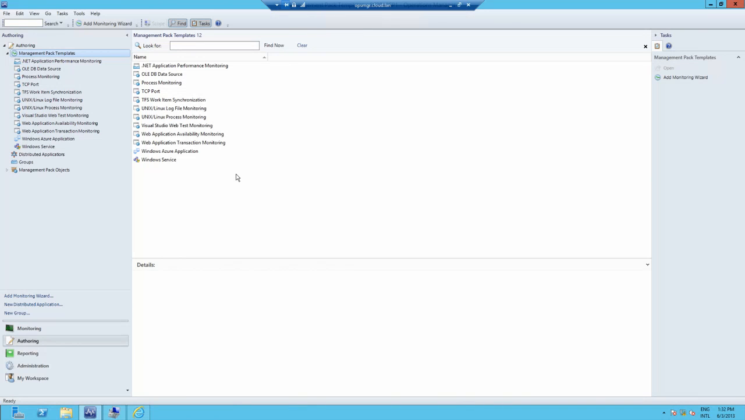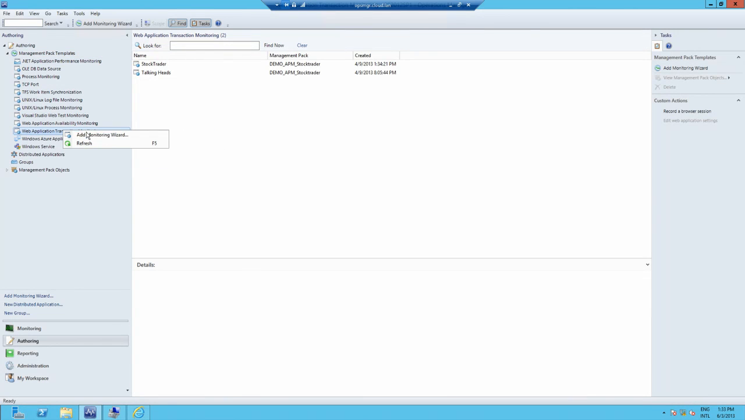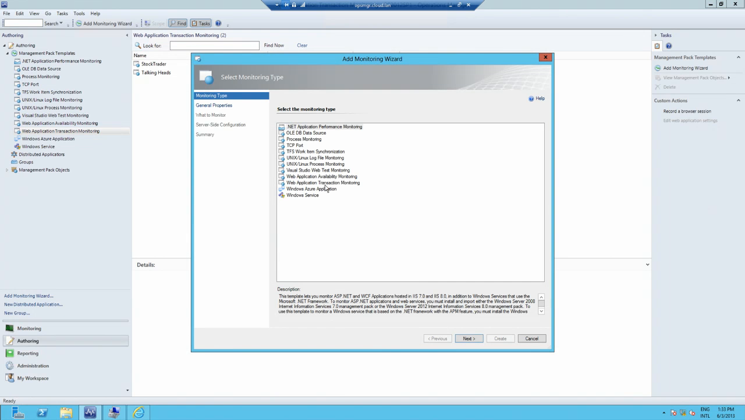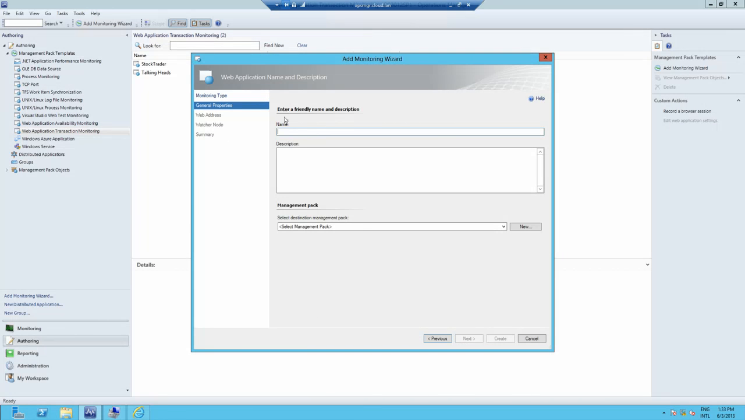And every time new functionality is added into Operations Manager, most of the time there will be a wizard or a management pack available that will help you to make an easy monitoring setup. I want to make a web application transaction. Add monitoring wizard. Here it goes. Web application transaction monitor. And I call it Talking Heads